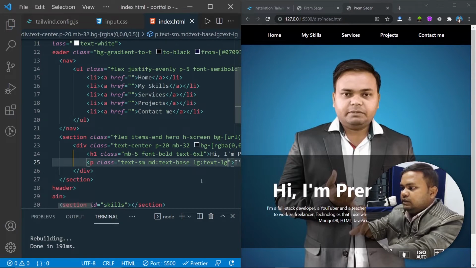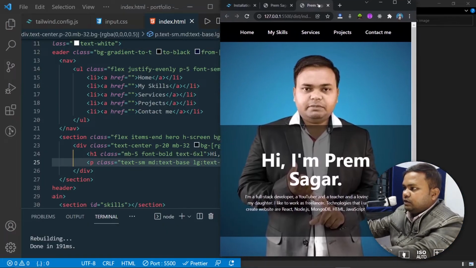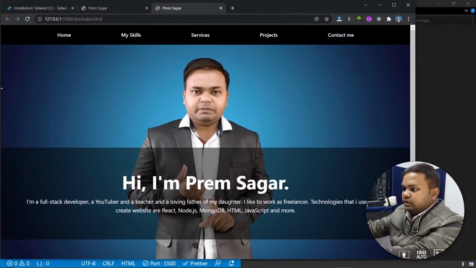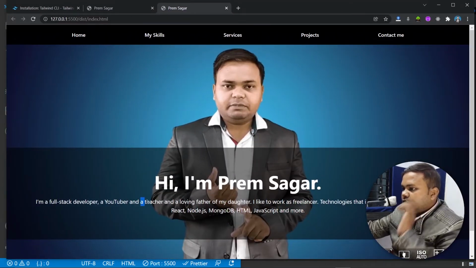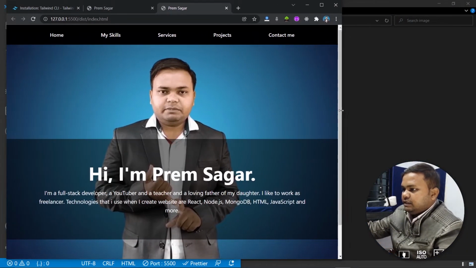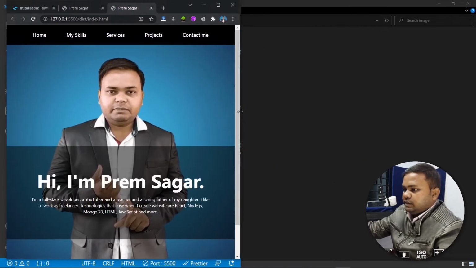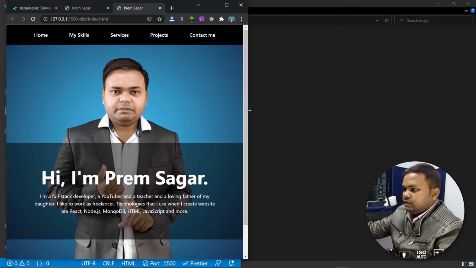Let's save it, and now let's check if the classes are working properly or not. So as you can see in the large screen, this text is appearing a bit larger, and as I'm reducing the screen size, here it is changing its font size, and in smaller devices here it is also changing the font size